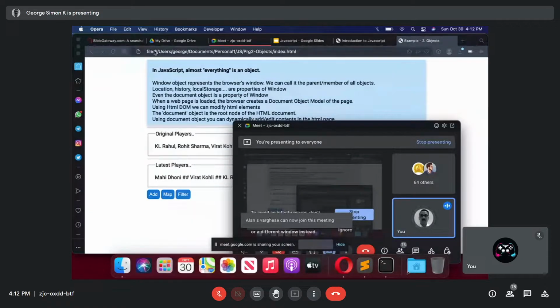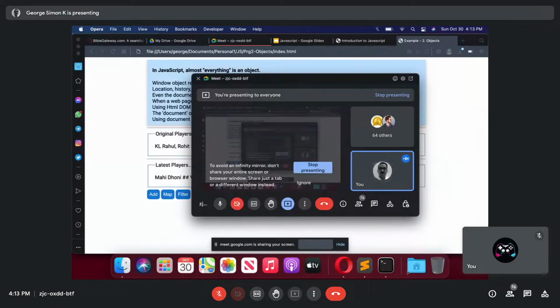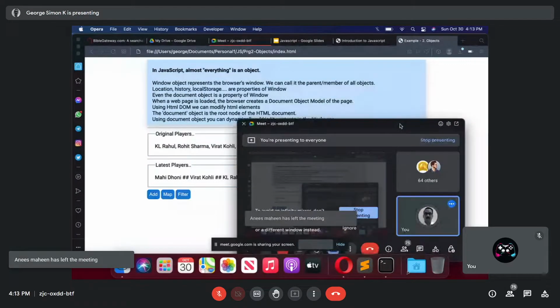Inside the window, you can see this location bar where it shows file, colon slash, users, George. That is called the location, and that comes inside the window. After the window, you see the white screen starting from where my cursor is, the top left, and going all the way here. And that is one of the backbones, I would say, of the JavaScript programming language.